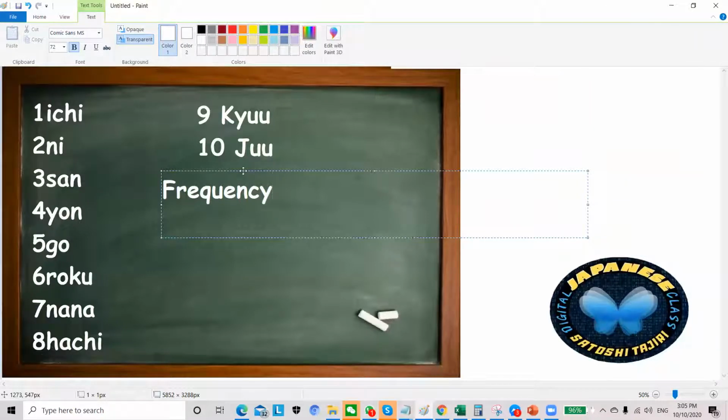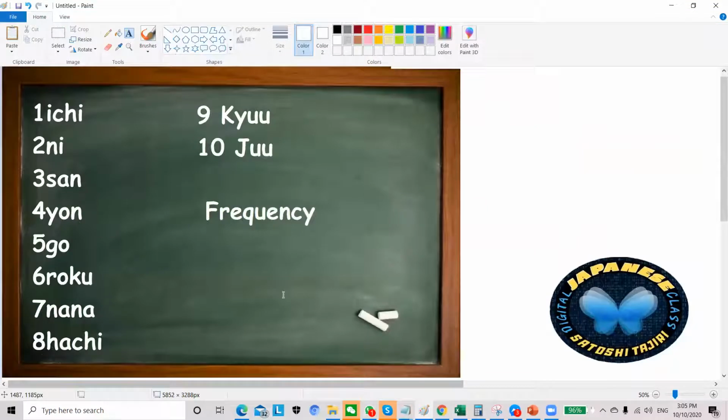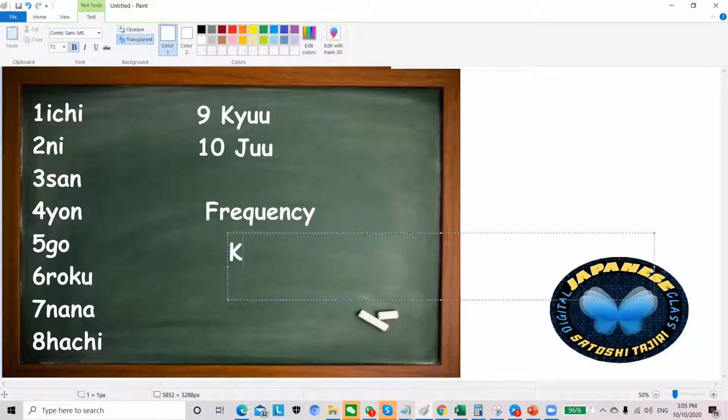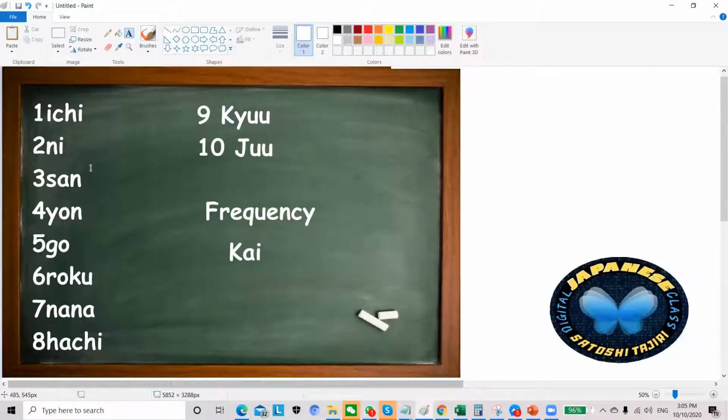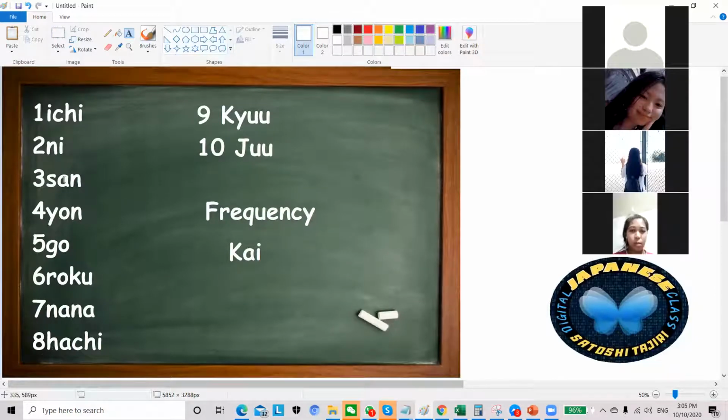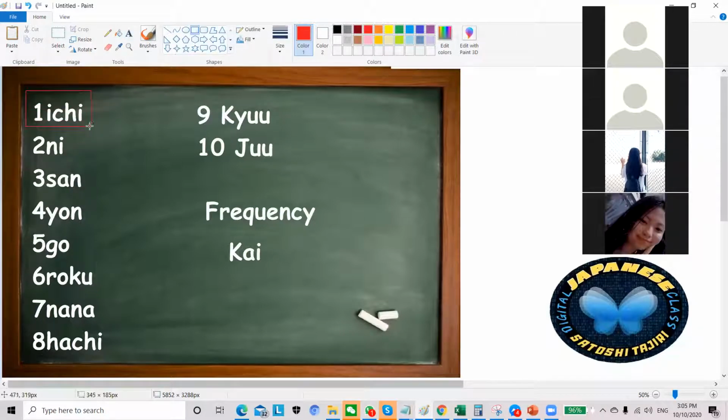So for example, in Japanese, you want to say 1 time, 2 times, 3 times. You're adding our frequency of adding kai for our number. So for example, we will put 3 times, it will become san kai, and so on and so on. But we have an exemption, right? For our exemption for our 1, we don't say ichikai. So there will be a different exemption for that. We also have for our 6, for our 8,